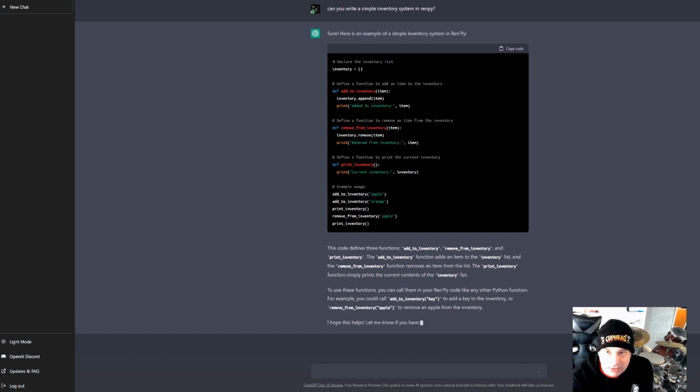So we've got our inventory as an empty list. Then we've got an add to inventory function, which appends the item to the inventory and prints it to the console. Which we wouldn't want to do. We'd want to put that in Ren'Py terms, which is not exactly what we want, but still pretty cool. And it shows us down here how to do everything. But let's do this. Can you refactor that script